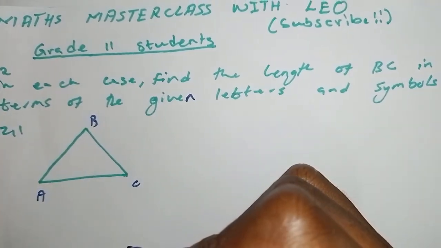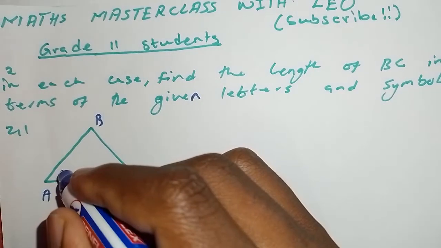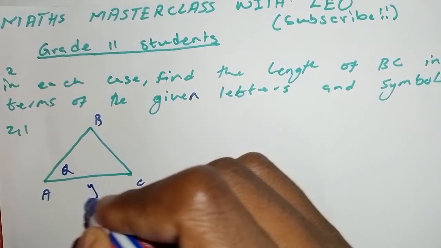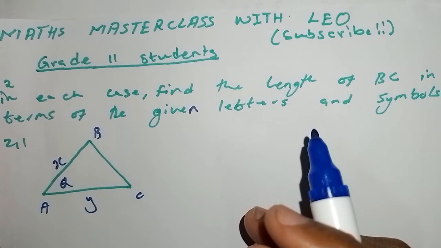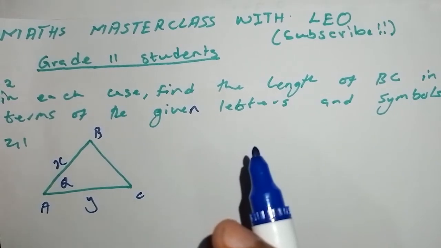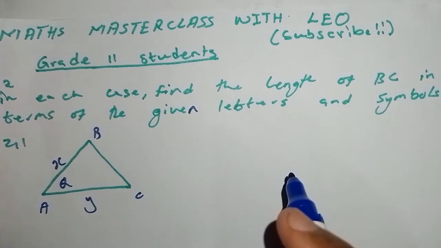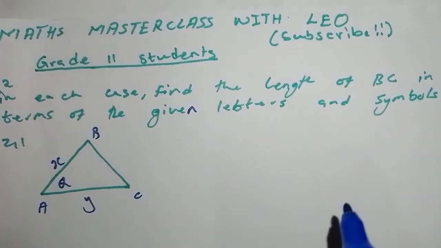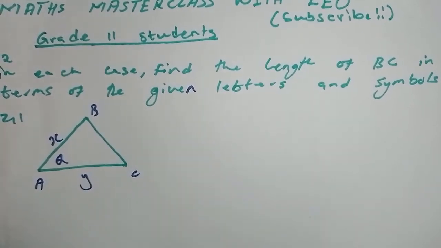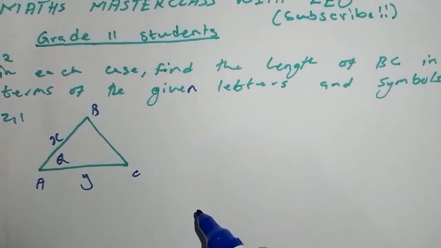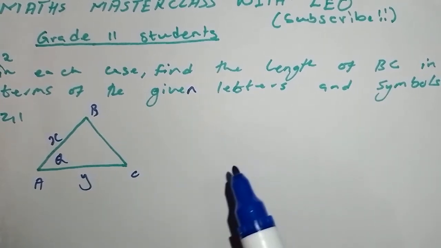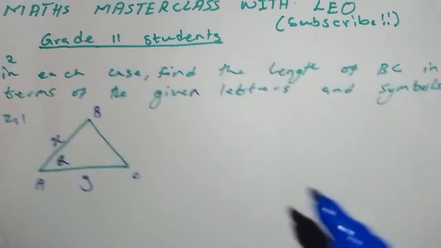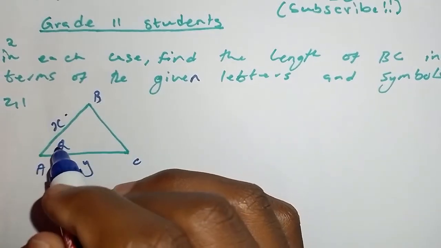and symbols, right? You're given this, and then they say here is your theta, this is your y, this is your x, right? You're going to solve these questions either by using the cosine rule, the sine rule, the area rule, or the last one, the right angle triangle, where you're going to be using the theorem of Pythagoras. Now in this case, the area rule and the cosine rule work similarly, because you always need two sides and an included angle,